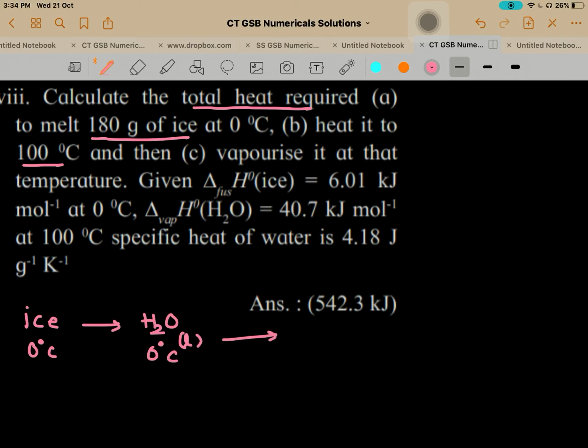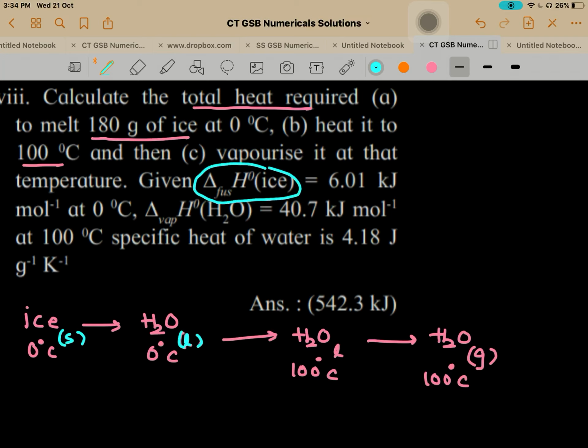Second step of what they are saying is you heat this water till 100 degree. So 100 degrees Celsius, but there's water also, and there will be just conversion of water to gaseous will start. But when you say H2O gas at 100 degree, that means it has got vaporized, right? Now see, this part which is there, solid to liquid, this is enthalpy of fusion. Okay, solid to liquid. What is the meaning of enthalpy of fusion? That is what is given here.